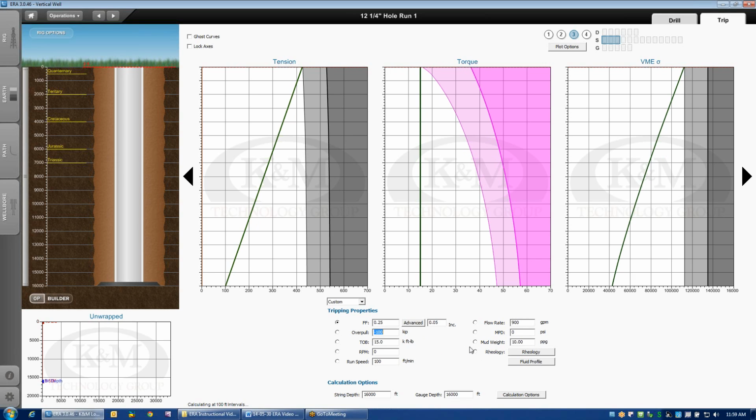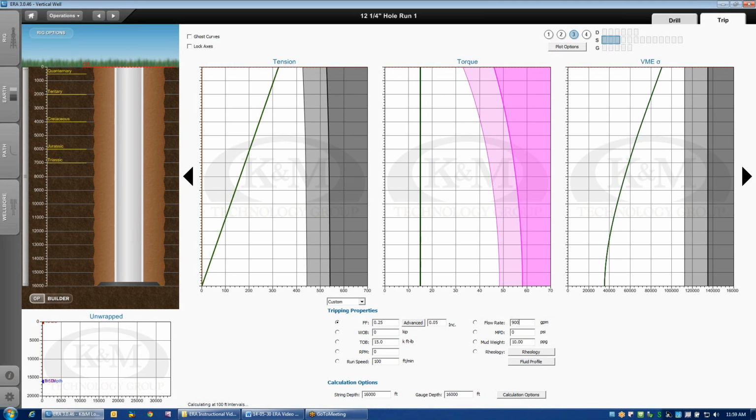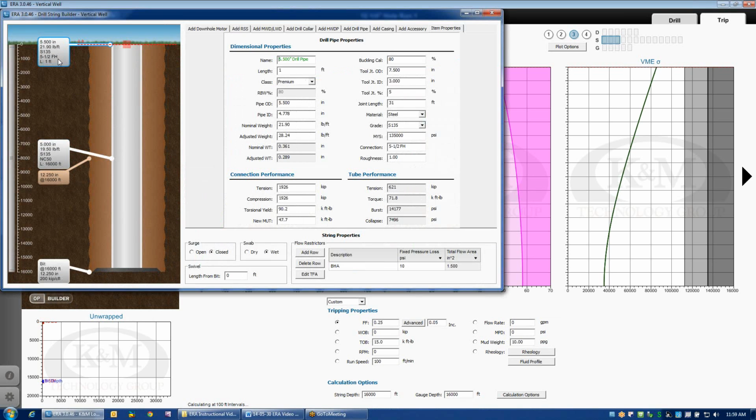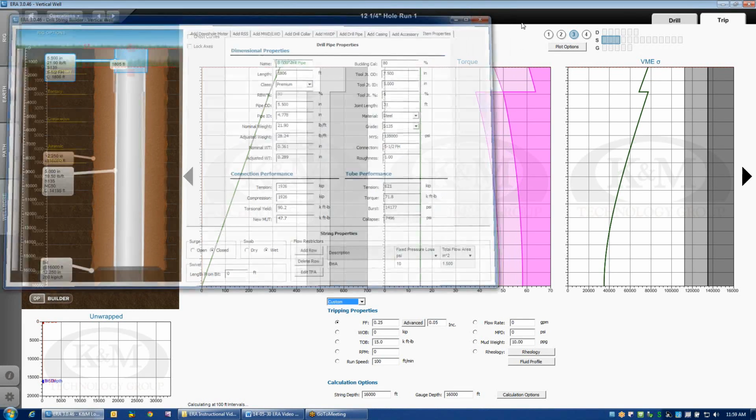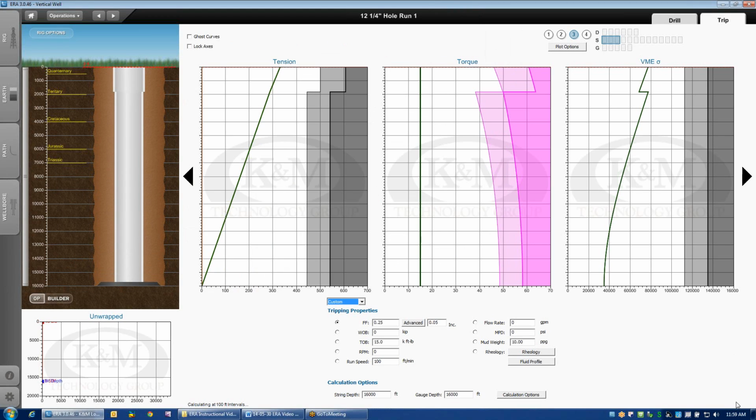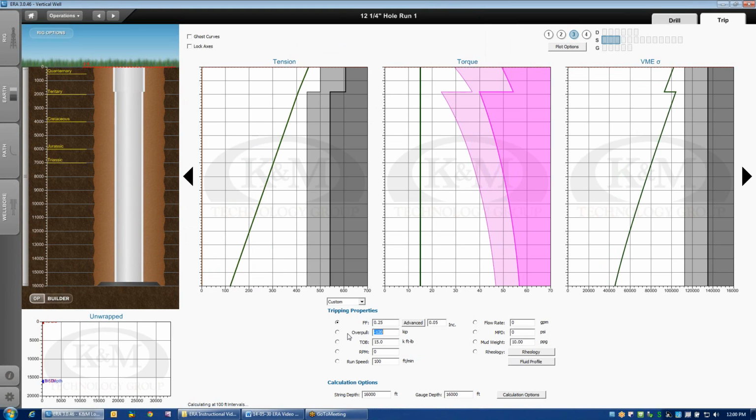So let's change the problem a little bit. Take off the flow rate. I'm going to modify my string now to reveal that this is actually tapered. I'm going to extend it. Let's say that I've got a couple thousand feet of 5.5 drill pipe on top. Now, of course, the 5.5 drill pipe has a lot higher tensile capacity than the 5-inch drill pipe. And as I start to apply my load, say where were we at, 120,000 pounds of overpull,